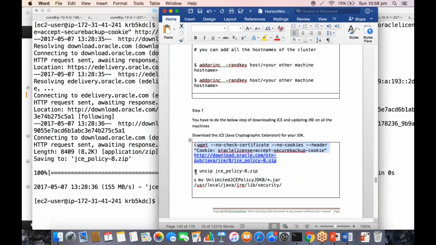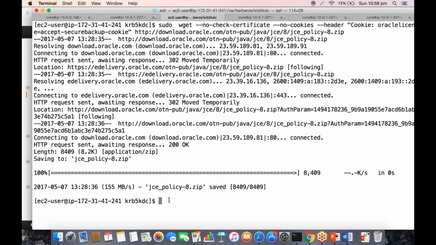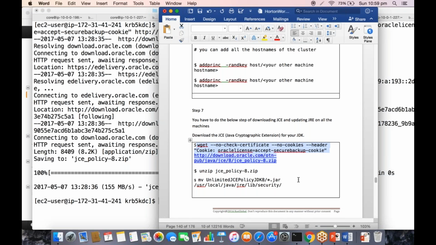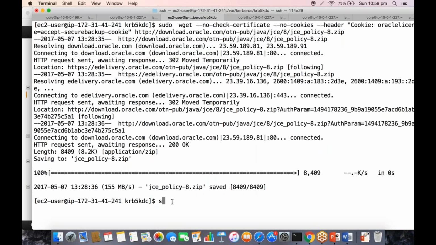So, what is this JCE? It's the Java Cryptography Extension. It consists of the policies, and in some regions and countries, certain cryptographic techniques are not valid, it's an offense. So the Java Cryptography Extension lets us install the one which is valid. Everything is then permitted, or else it will fail. You have to tell which cryptographic extension you are using.